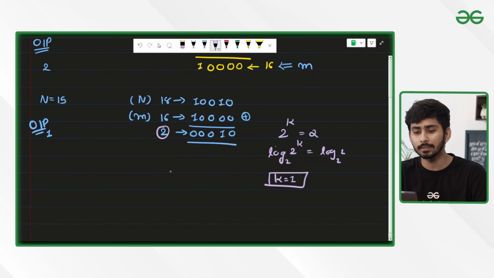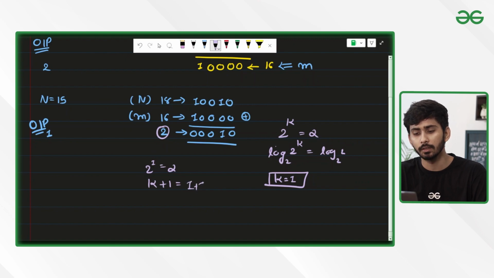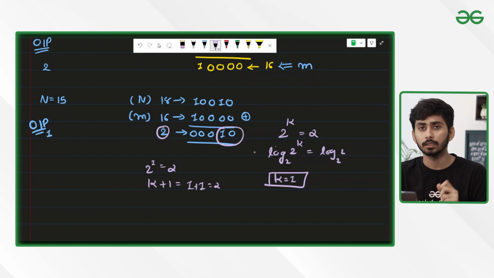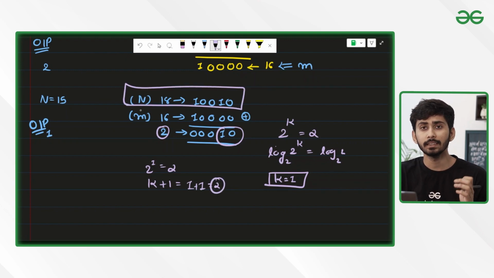So this represents that 2 to the power 1 will be equivalent to the answer, right? And now whatever is the value of k, if you add 1 to that number, you will be getting the position of the first set bit. So k plus 1, that will be 1 plus 1 will be giving you 2. So exactly at the second position in this number, you will be getting the first set bit from the right hand side, and this answer is true for n is equal to 18 as well. So basically in this manner you can find out which is the set bit from the right hand side.